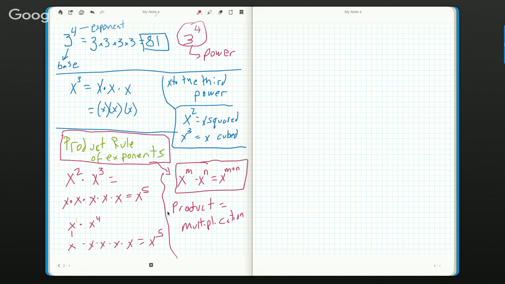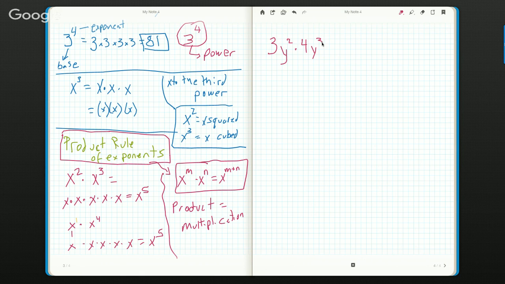Right. So this is pretty powerful, and this is one thing that you're going to do on your homework tonight. But let's keep going and look at how we handle these things if they have some coefficients on them, and we'll see that it's all about using the definition of exponents to solve these types of problems. So let's look at a problem like 3y to the second times